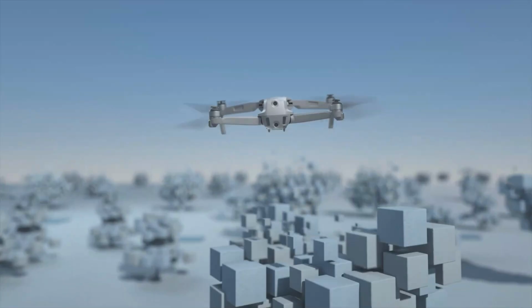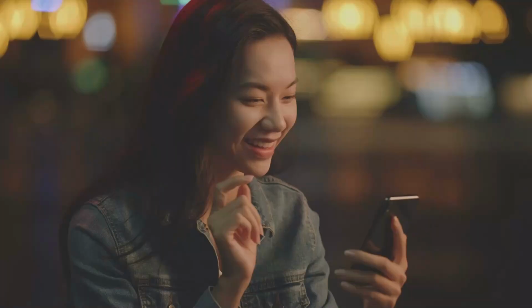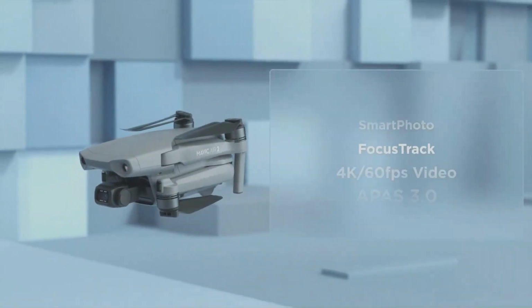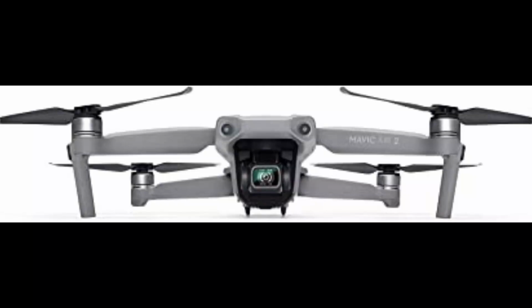What you get: Mavic Air 2 aircraft, remote controller, intelligent flight battery, 3 pairs of low noise propellers, RC cables, USB Type-C, Lightning, standard micro USB, control stick, gimbal protector, battery charger, manuals, AC power cable, Type-C cable. Video capture resolution, 4K HD. Operating temperature range 10 degrees to